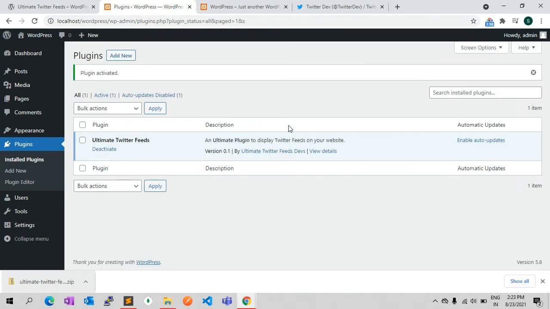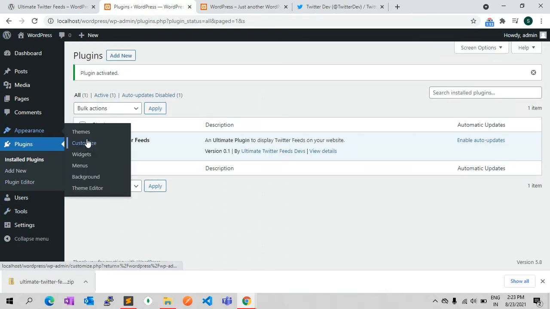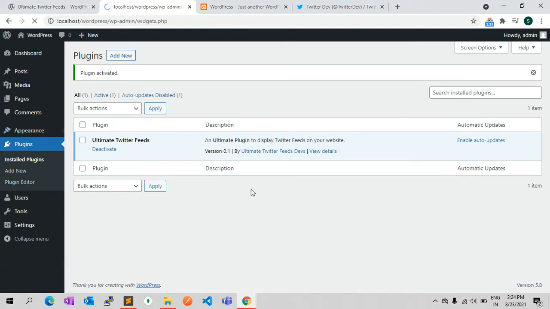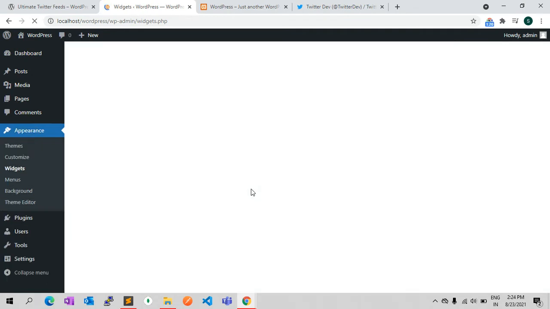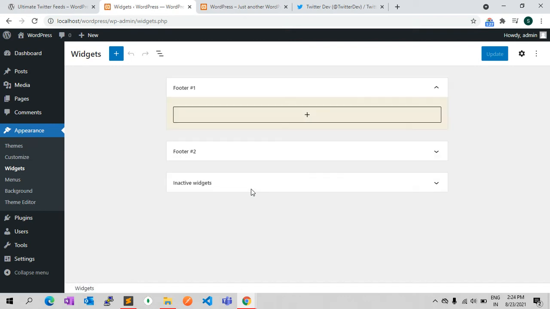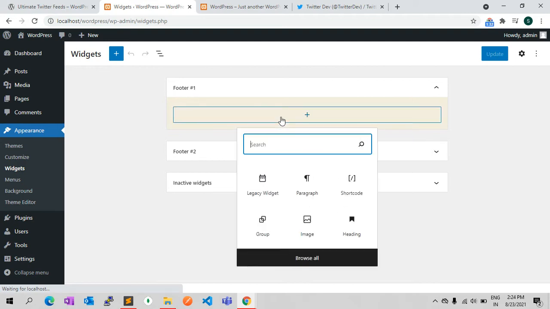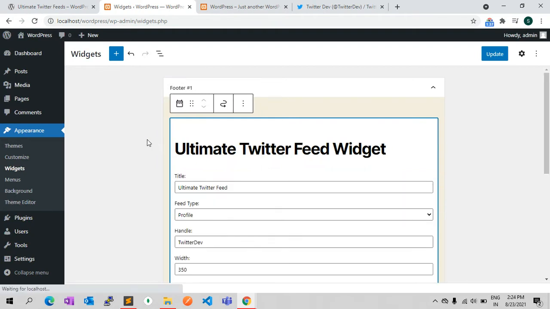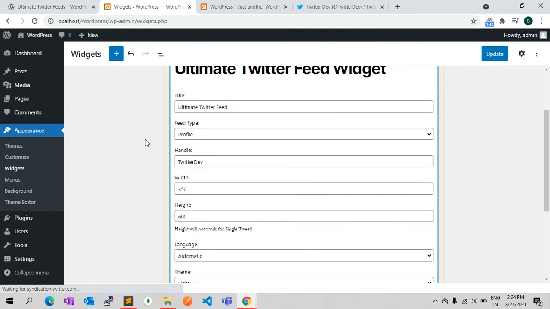Once you activate this plugin, you have to go to WordPress widgets. In the WordPress widget area, you can add your widget in whatever section you want. There are multiple footers, footer 1, footer 2. Let's add here. Once you add that widget, there are default options which are already selected. You just have to update,